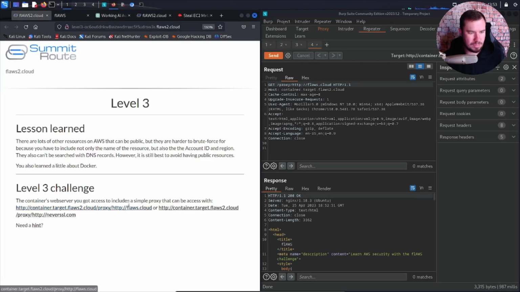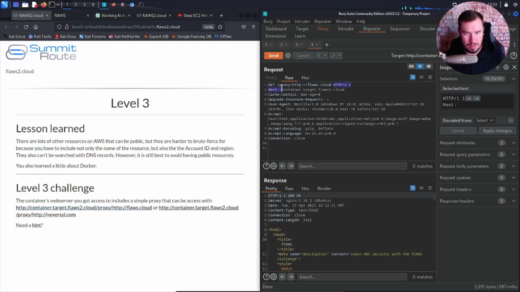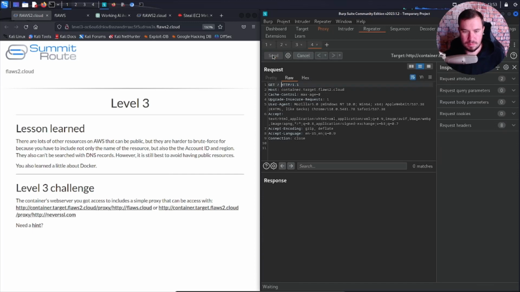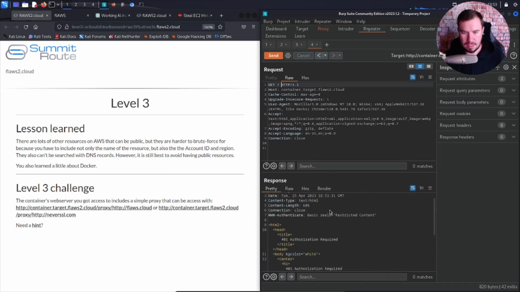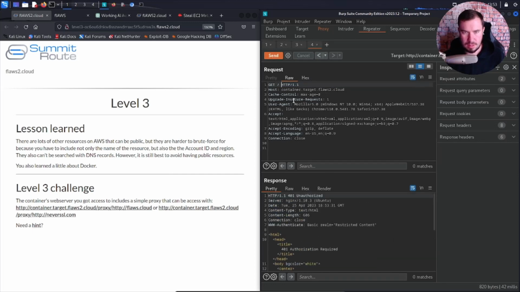The container's web server you got access to includes a simple proxy that can be accessed with this. I don't need a hint yet, but we might need a hint. So that gets authorization required. But if we do proxy,